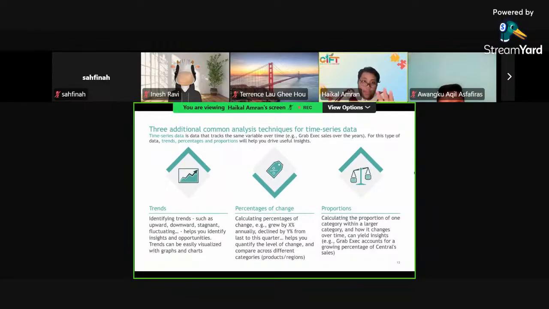All right. So these are the analysis techniques that you need to repeat for every single data set that you have. Once you already have the tables and the charts, once you have pointed out the trends, please include percentage as well as understand the proportion as well. So once you understand all of this, create a sentence that makes sense, that basically describes what data you're actually specifically looking at, and that proper analysis will form one bullet point.